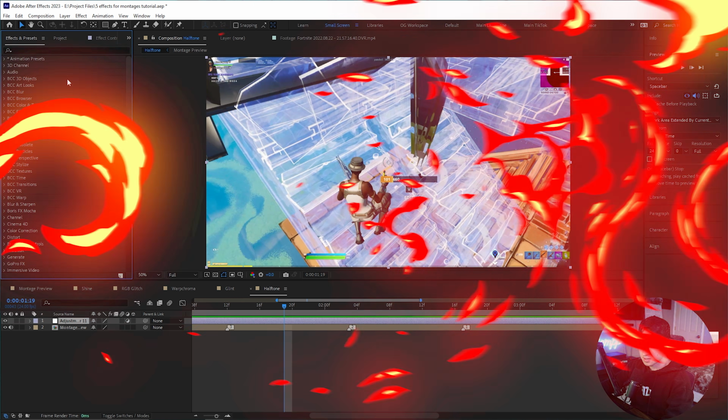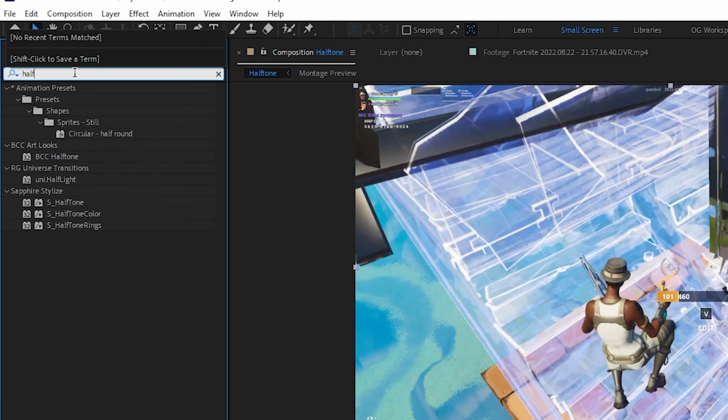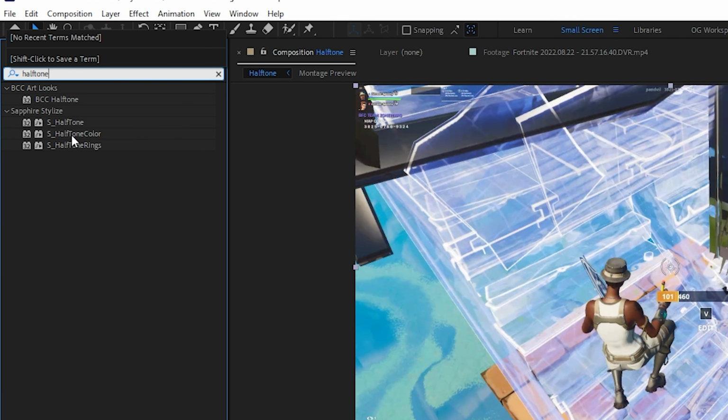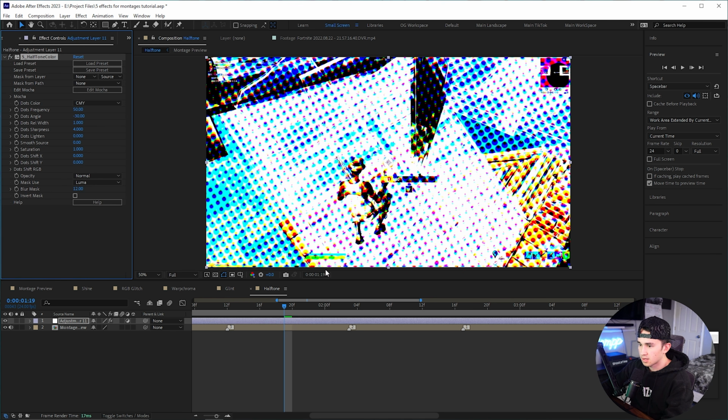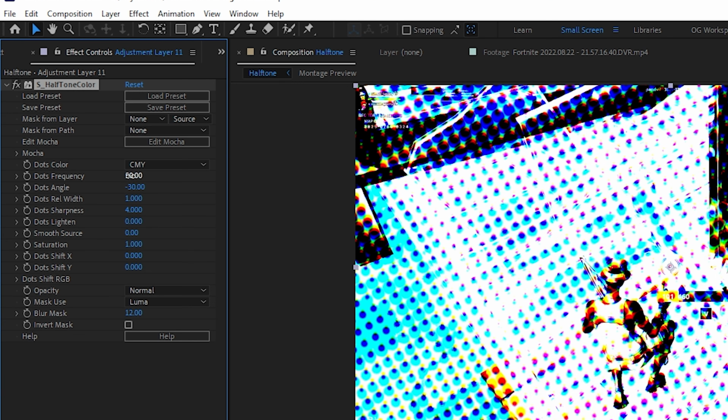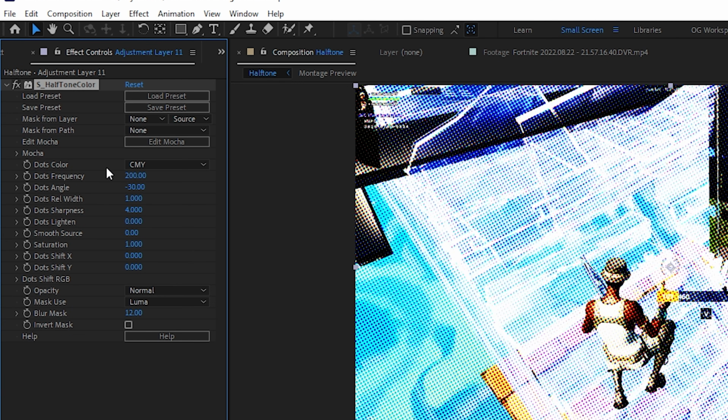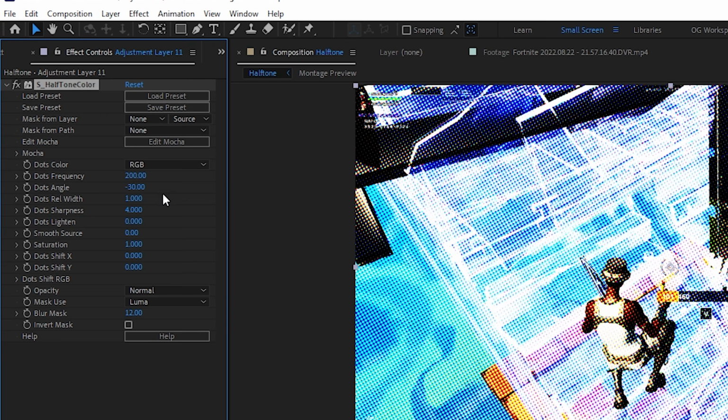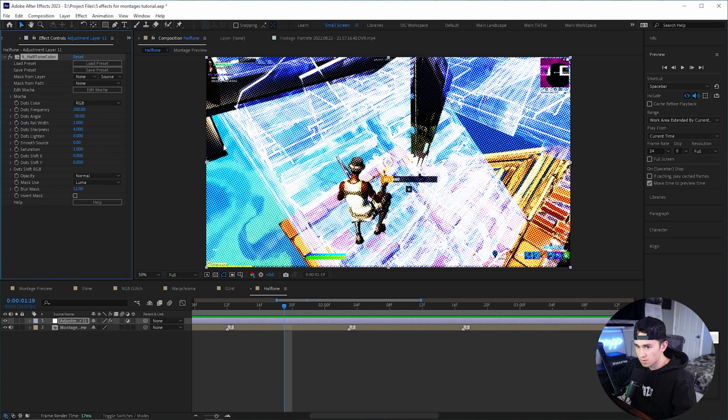Once you have your adjustment layer, we're gonna go up to effects and presets and type in halftone, and then we are gonna be grabbing the halftone color from Sapphire, put it onto our adjustment layer. We're gonna put the dot frequency to 200, and then we're gonna change the dot color to RGB. There's a lot of settings that you guys can play with, but to get this really cool kind of like